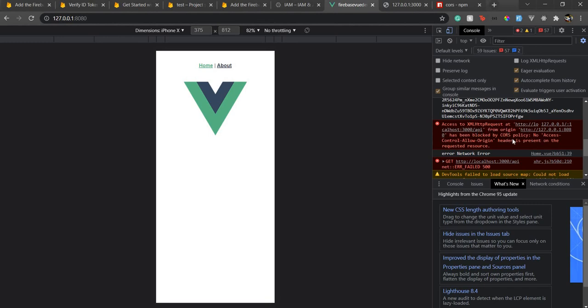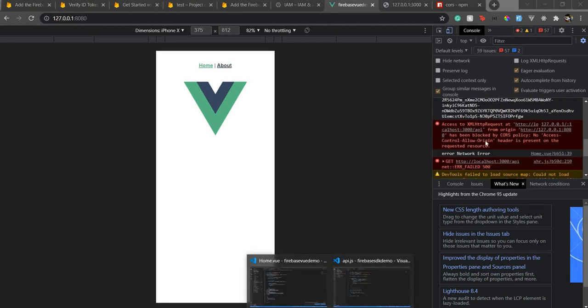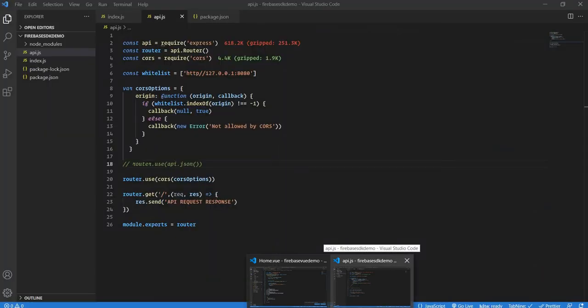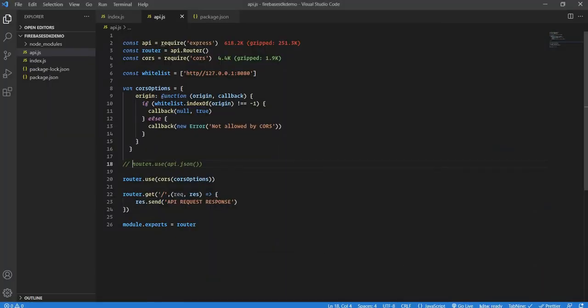Right, so it's just the CORS issue. So let's fix that CORS issue. Let's see what we are getting. It says it has been blocked by no Access-Control-Allow-Origin header. Okay, we can uncomment this, and here it says